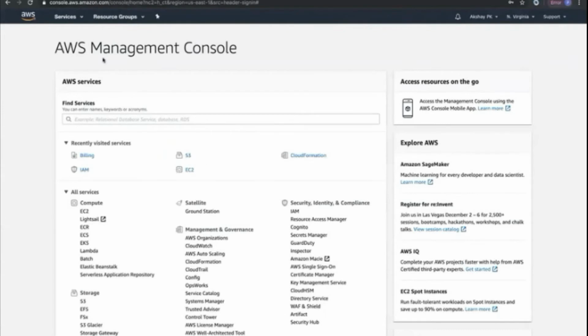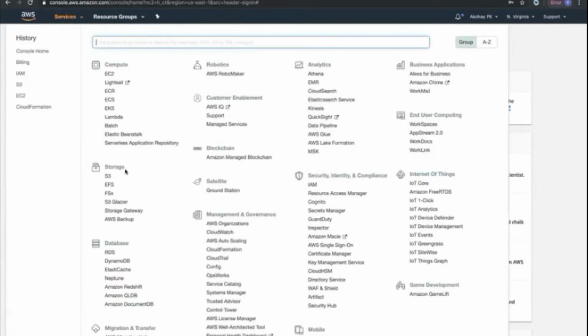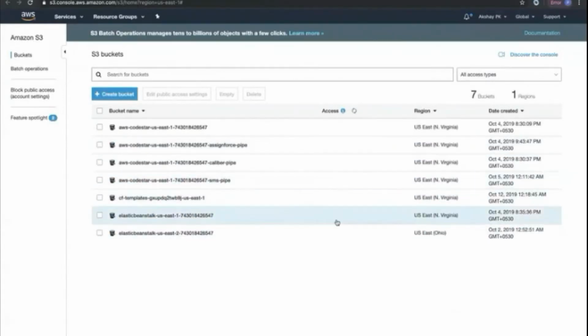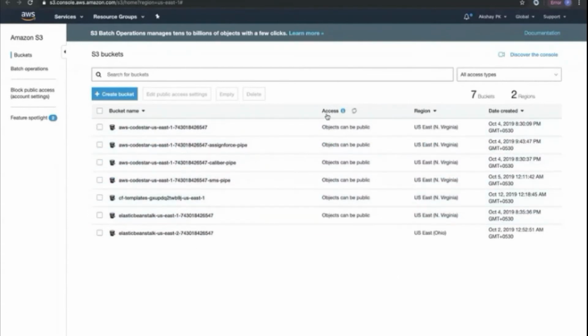Okay, so once we have logged in, you can go on to services and choose S3 under storage. I'm going to open it in a new tab. So this is the landing page of S3 that you get. So I have some of the buckets with me, but right now we are going to go ahead and